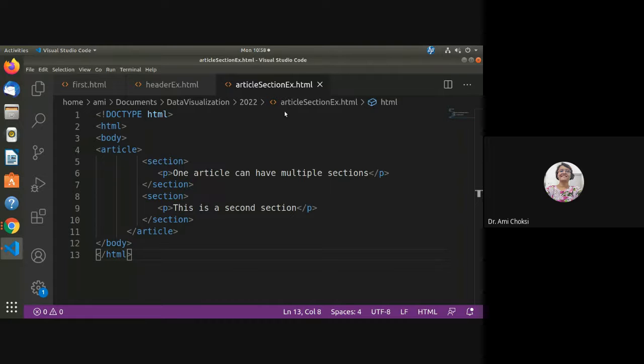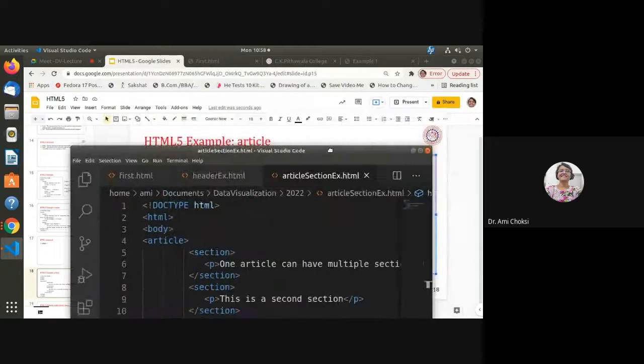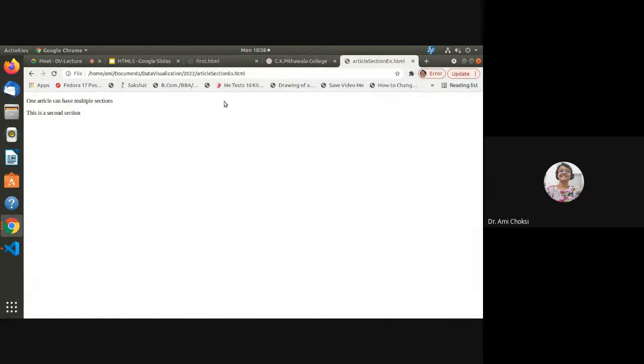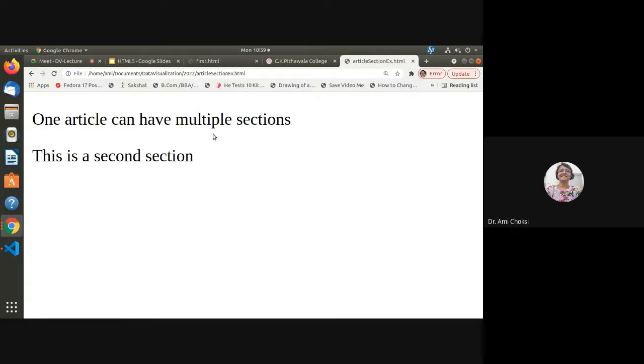Let us run this in the browser. Let us drag this and drop it here. So here what we have is one article. I have zoomed it, otherwise it does not have this much bigger font, so you can see it properly. So one article can have multiple sections, and this is a second section, right?